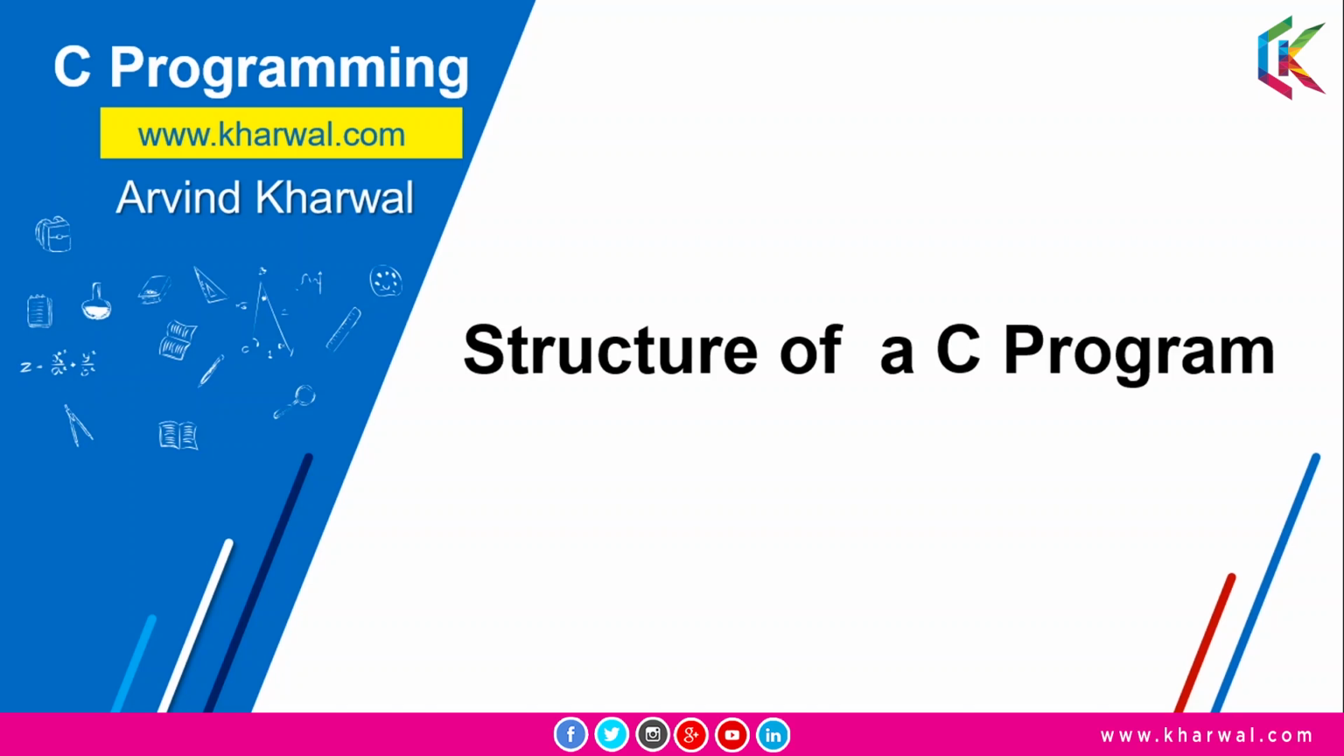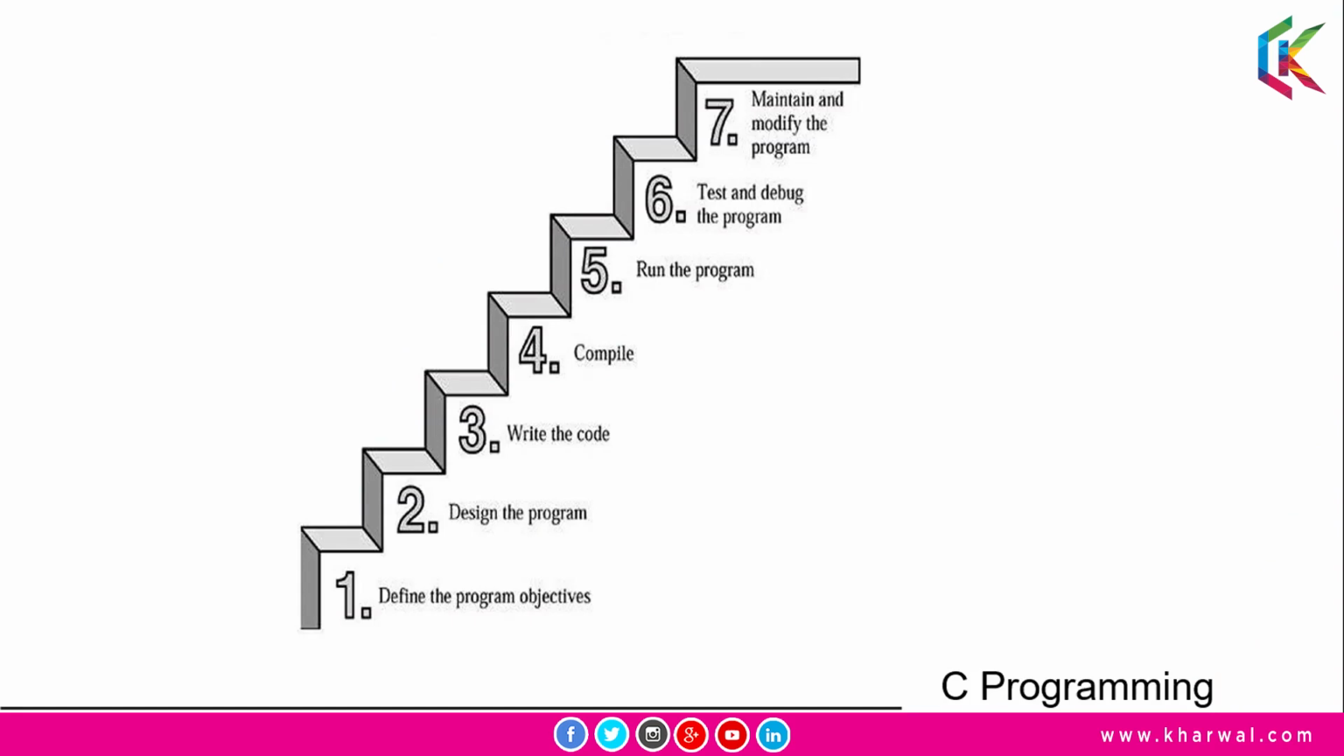And in this session, we are going to discuss the structure of a C program. So let's get started. Guys, we can define the structure of a C program with the help of the following 7 steps. So the first step is to define the program objective. And it is one of the most important steps in the structure of a C program. So first of all, we need to define the objective, and then we can design the program depending upon the